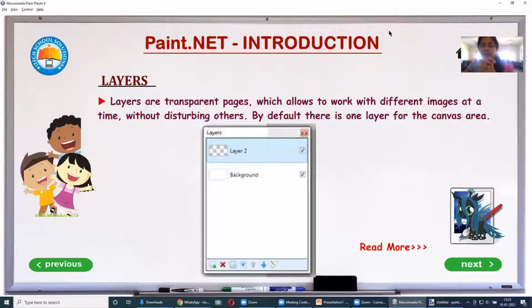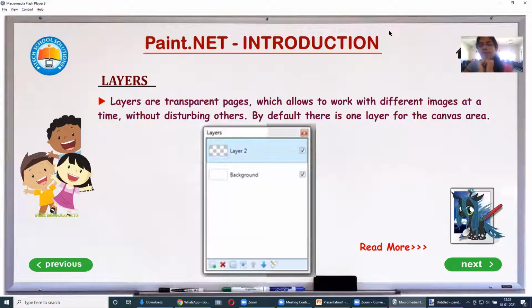Now, what are layers? Layers means multiple similar things. They are layers of transparent pages in Paint.net. Whenever we are doing photo editing, I will take a photo, take a copy of it and do some changes.